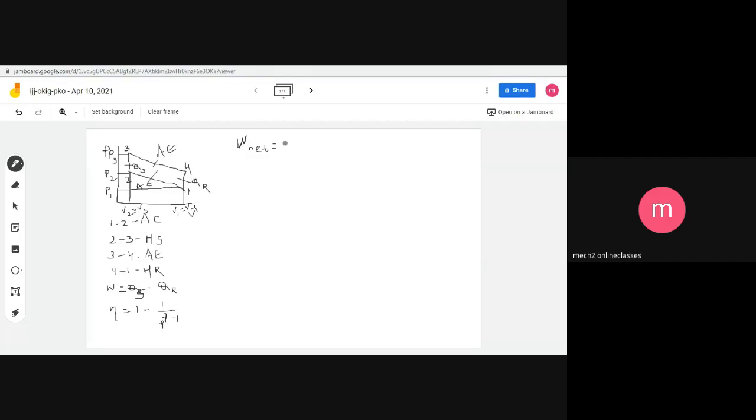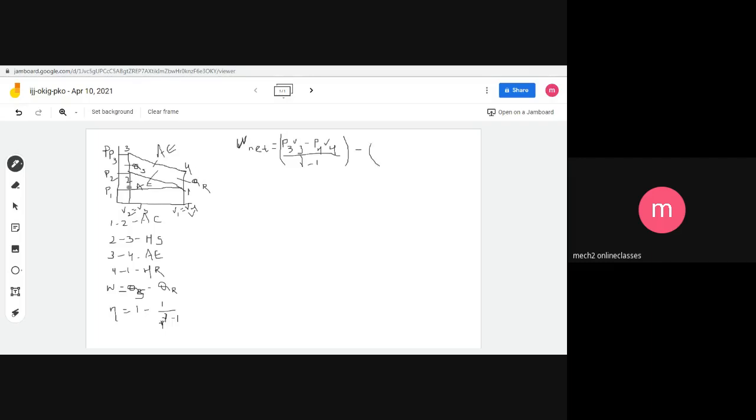So how will we extract this formula? P3 V3 minus P4 V4, by gamma minus 1. I'm extracting the formula by gamma minus 1. So minus,